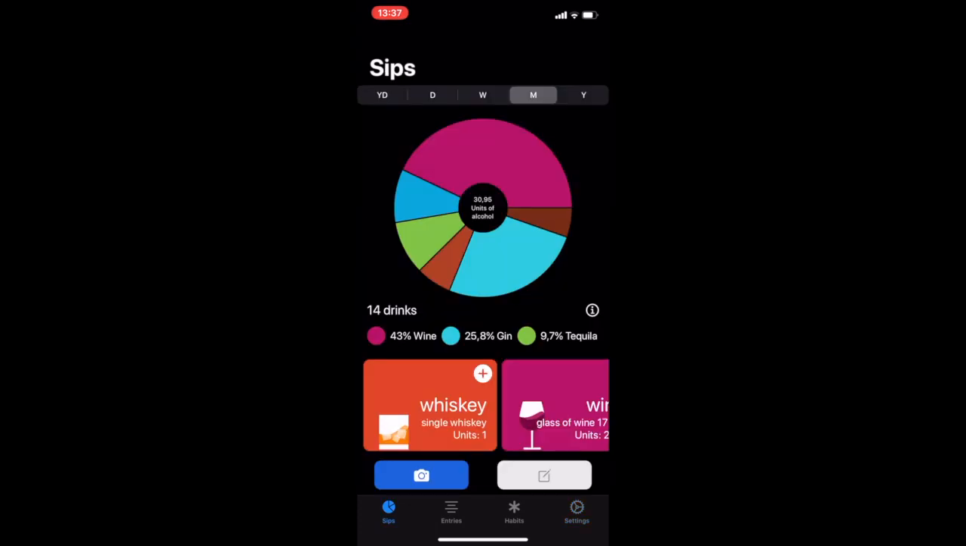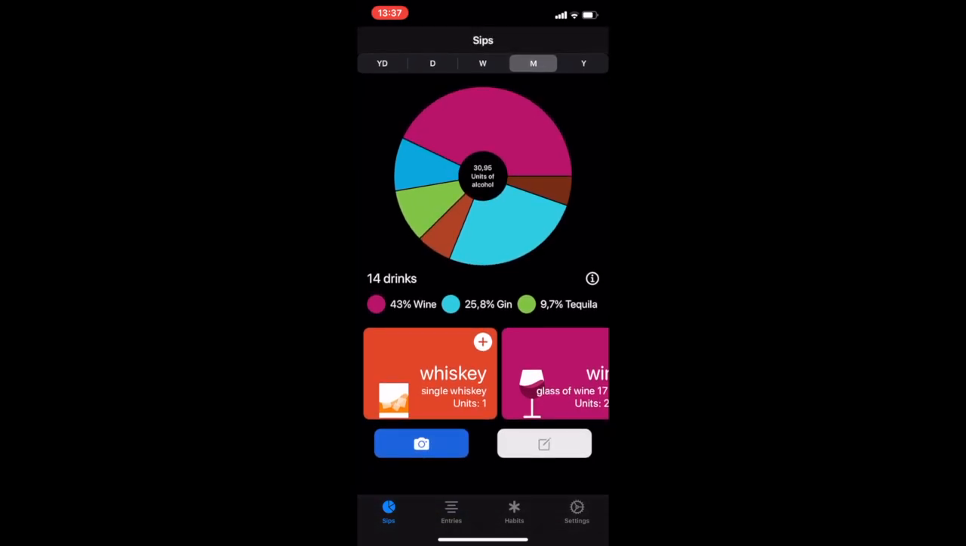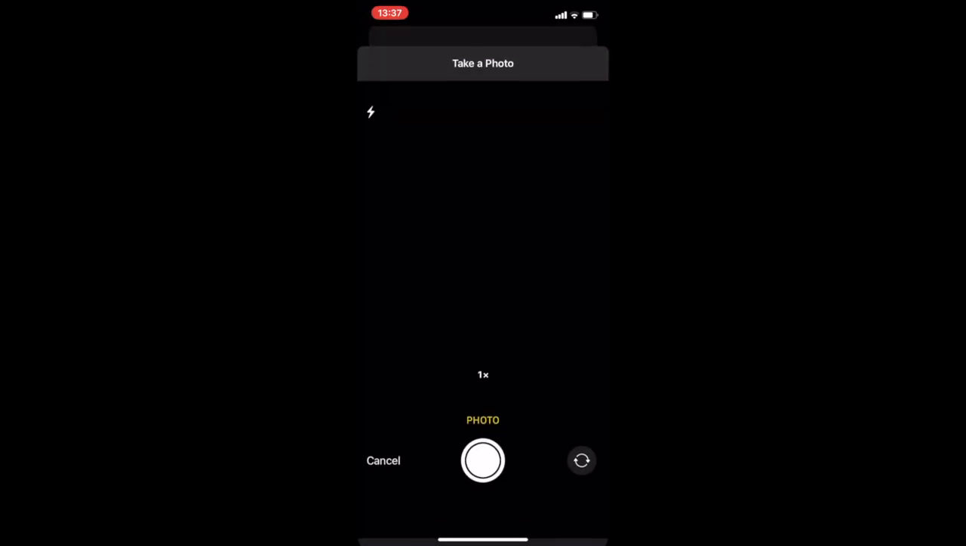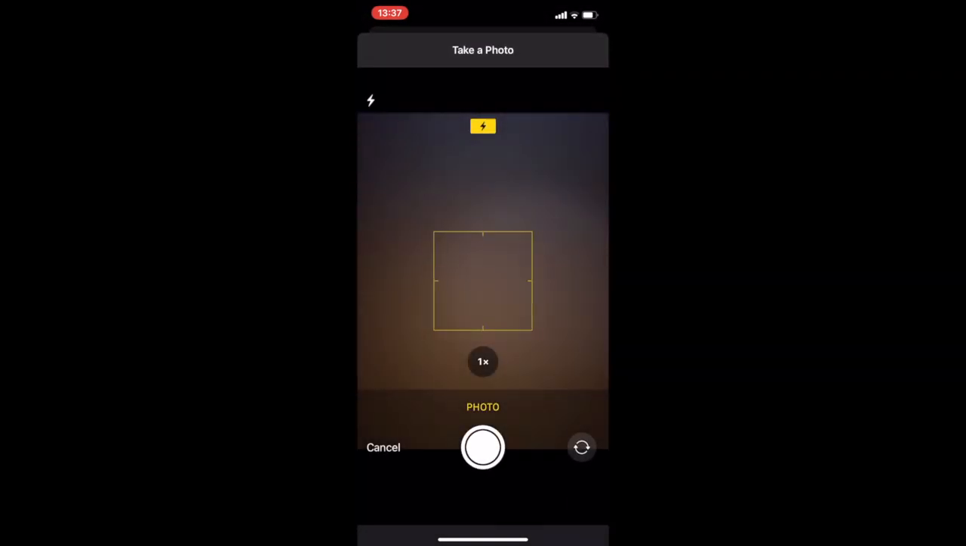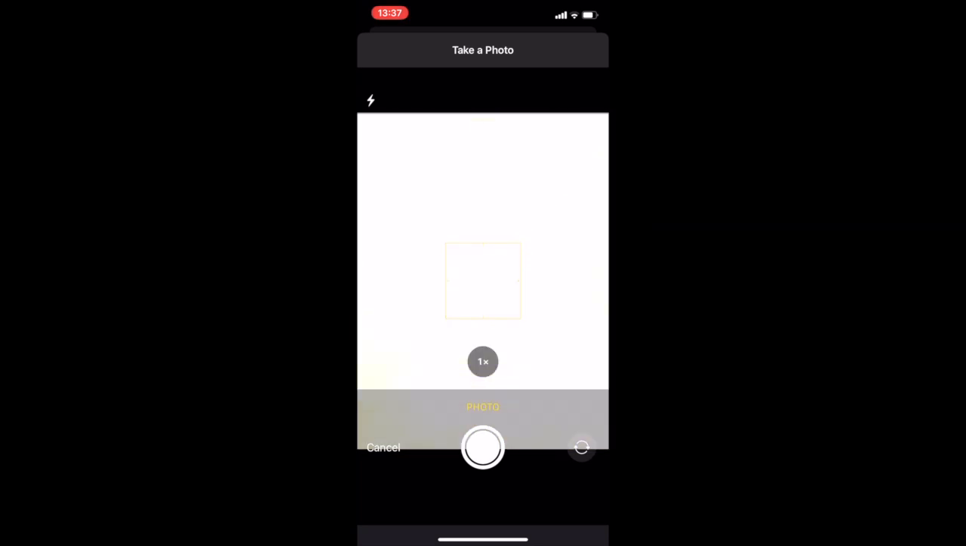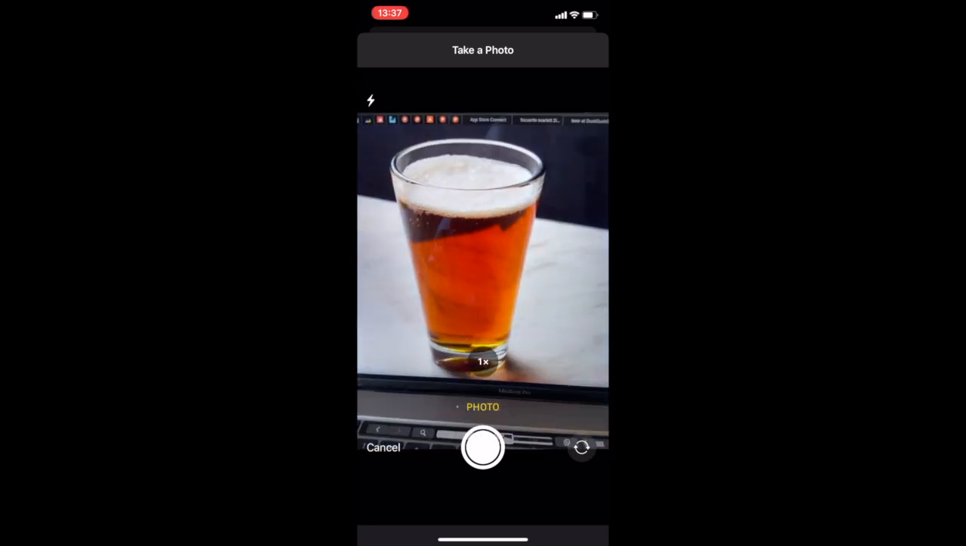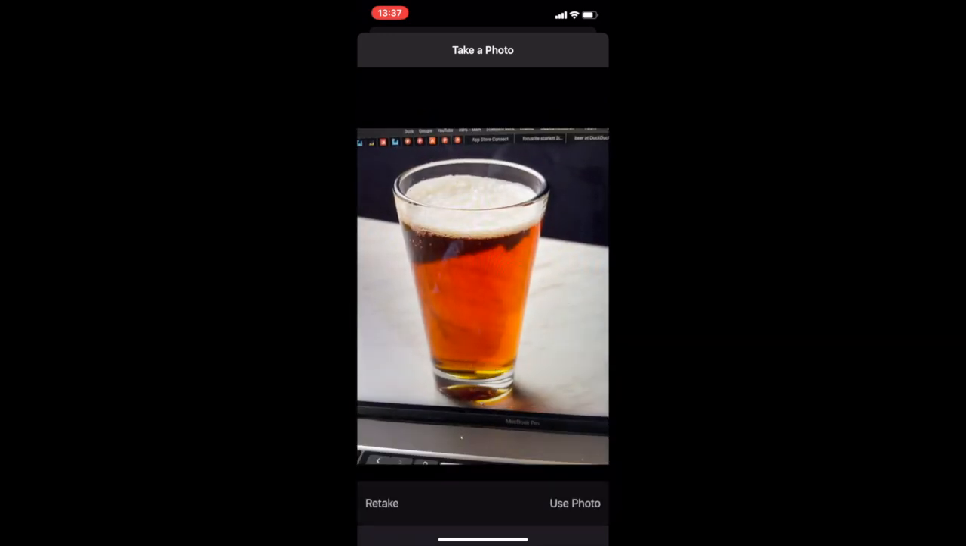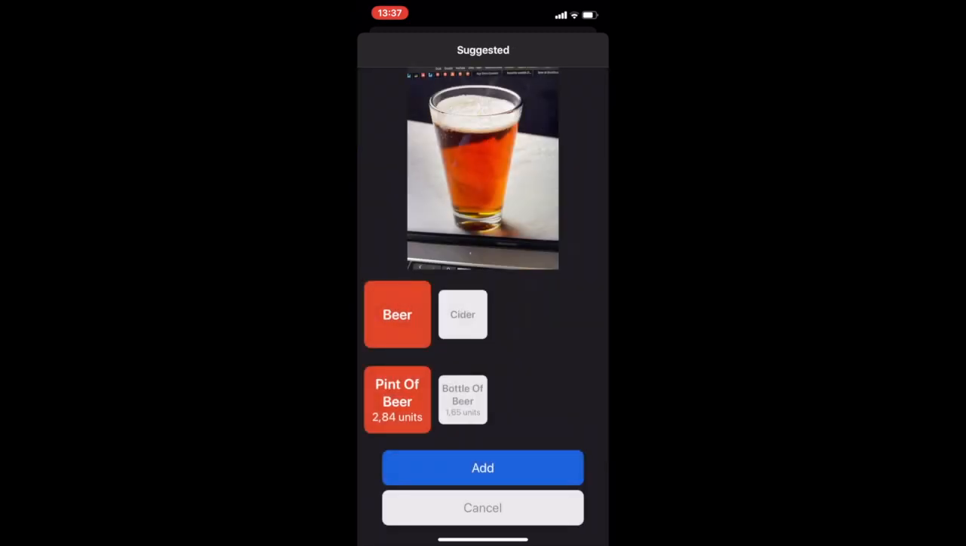Sipt's main feature is to help you log a drink quickly by simply taking a photo of it. And that can be done by tapping this little camera button here at the bottom of the home screen. I don't have a beer with me, so for the sake of the demo, I'm actually going to take a photo of a beer on my computer, but the application remains the same. You'll see I've taken a photo of a draft, and if I tap on use photo,